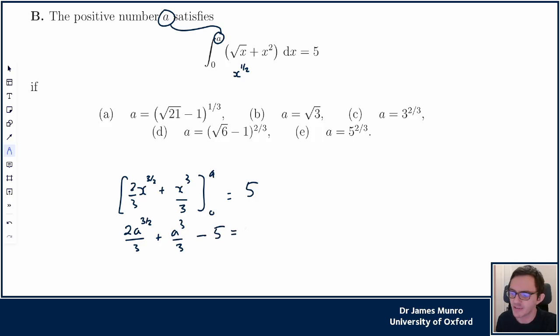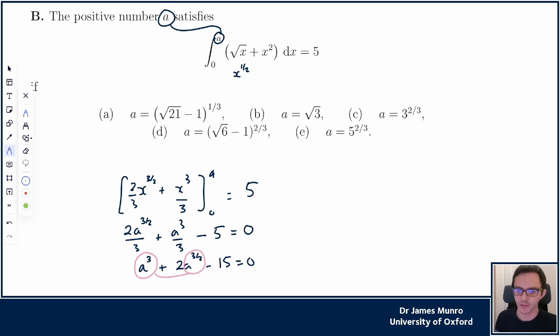Let's move the 5 onto the left hand side. And in fact, I feel like multiplying through by 3 as well and writing it highest power first. a cubed plus 2a to the 3/2 minus 15 equals 0. Now that looks quite nasty because of the cubed and the power of 3/2, but in fact the first term here, this a cubed, is just the square of a to the 3/2. So if I write u as a to the 3/2, then we have